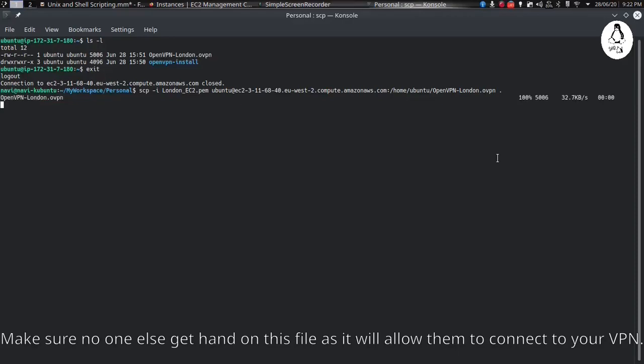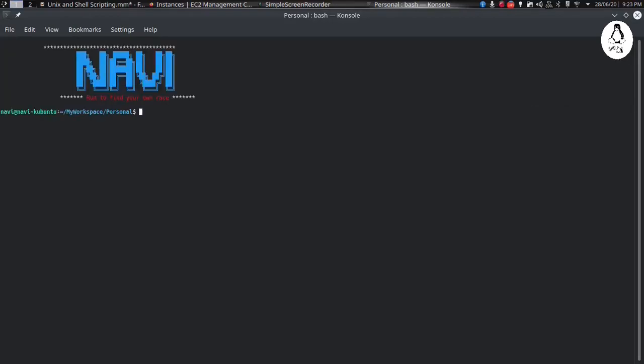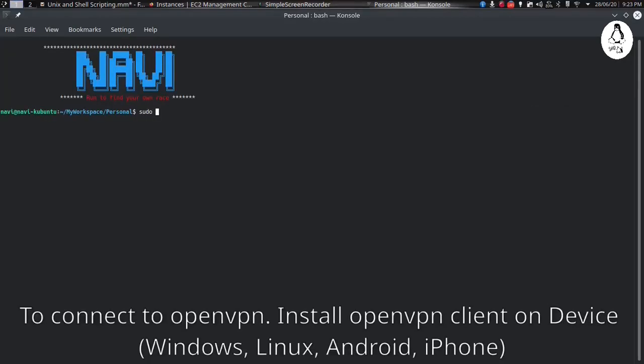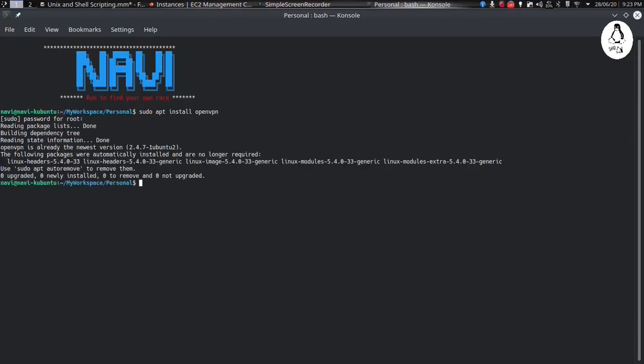Now after we copy the OVPN file, we will try to connect to the VPN. To connect to the VPN, we have to install the OpenVPN tool on our Linux desktop. Just type sudo apt install openvpn to install OpenVPN on an Ubuntu-based operating system. You can see it is installed here.